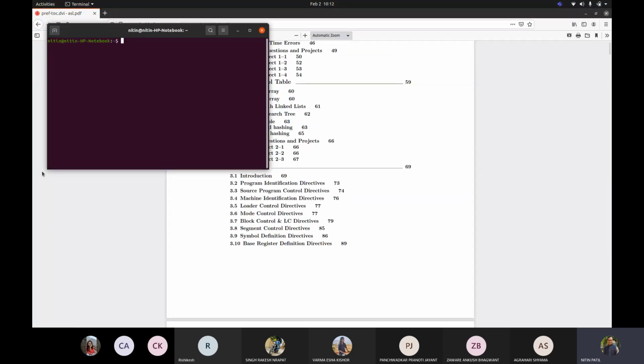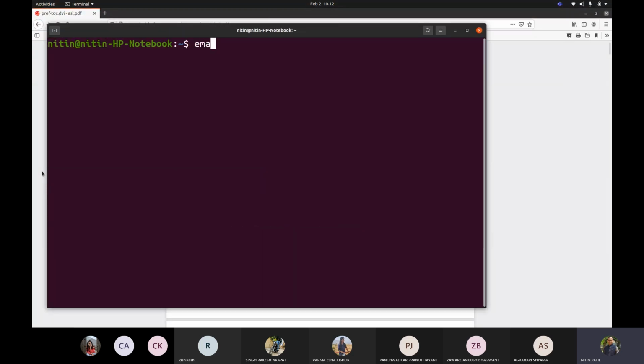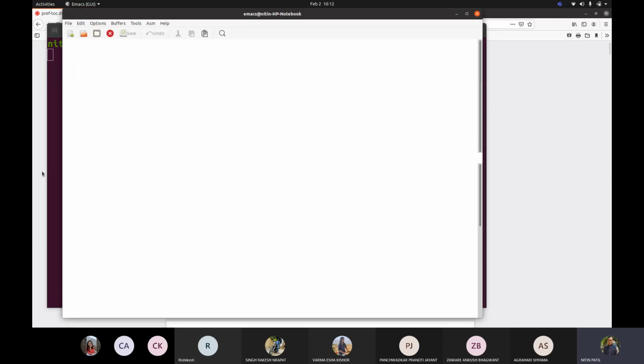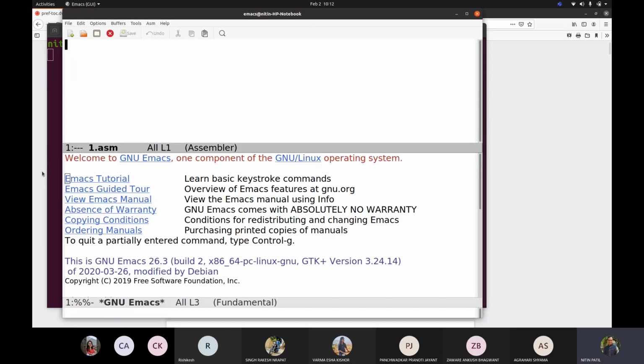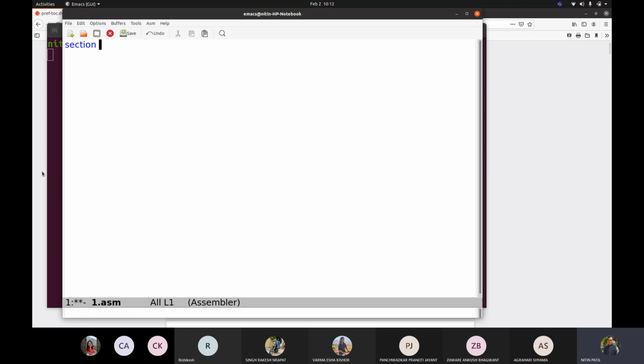the address. Fine. So let me take a sample code. Emacs 1.asm. Let me type in this: section .text, global main, increment EAX.